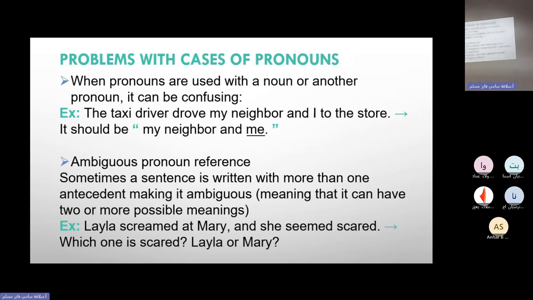Okay? She باستخدام الضمير لحالها ما بيعطيني شيء specific. يا إما ليلى يا إما ميري. So I need to make it more specific. I need to say Layla screamed at Mary and Mary seemed scared. هون بنشيل الضمير اللي بيعملنا الكونفيوجن ونحط الاسم الصحيح اللي هو عائد عليه. اوكي؟